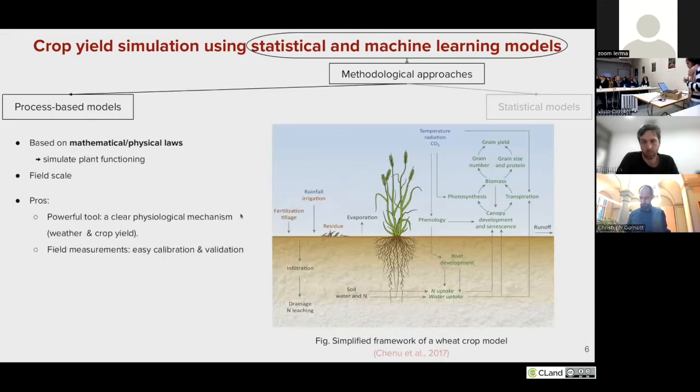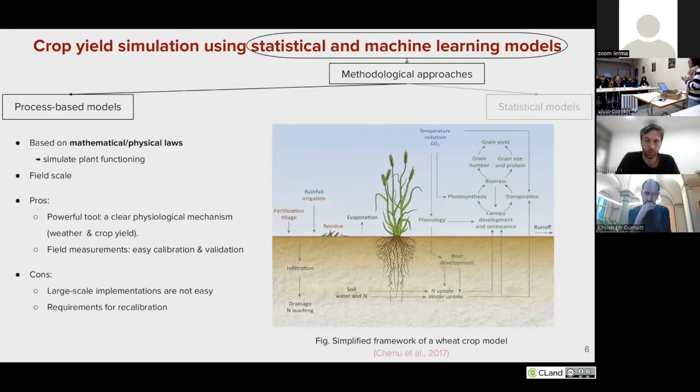So this process-based model can be considered a powerful tool, as it can provide a clear physiological mechanism to link the weather and the crop yield outcome. And it's often done at a few scales, so it can be easy to calibrate and validate the models. However, due to this property, large-scale implementations are not easy, and recalibration is often required when doing this type of